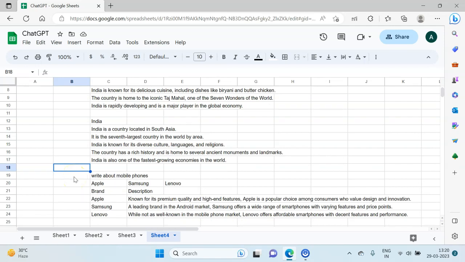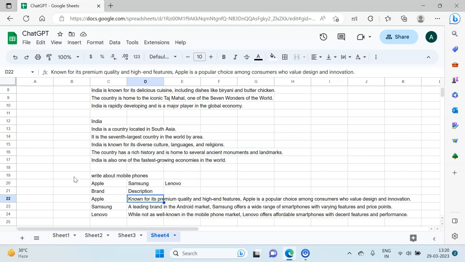I did not ask for what features. So what it is giving me now is brand is Apple, Samsung and Lenovo, and description is known for premium quality, high-end features, design, innovation. Samsung, leading brand in Android market, varying features, price points. Lenovo, it is said, okay, while not as well known in the mobile phone market, Lenovo offers affordable smartphones with decent features and performance. So I got some relevant information about mobile phones,